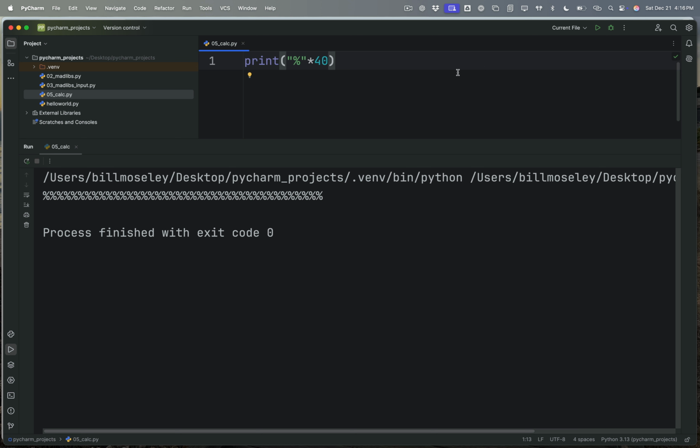Now, typically in a Python program, the standard line width is 80. We're going to use 40 because we're just doing a little program here, so it's the mini version of this. So I'm going to leave that, and then I'm going to copy that line and we'll print 2 of those. And in between that, I want to print another string. And if I say I want 2 of these,